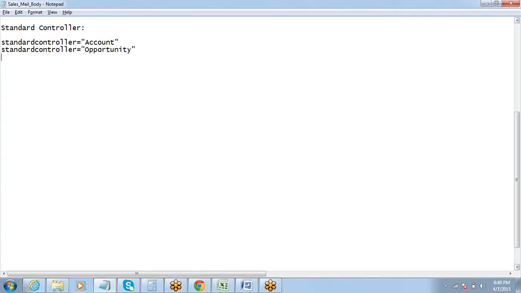If you want this to be connected to case, then you should say standard controller equals case. So that's it, right? Writing this piece of code connects your page with a backend database object, and once it's connected, you can display the data from that particular object on the page. Now that is what this controller concept is.